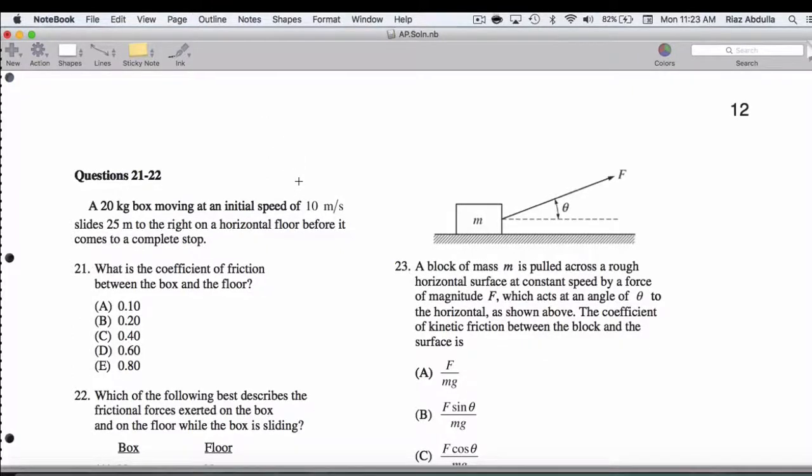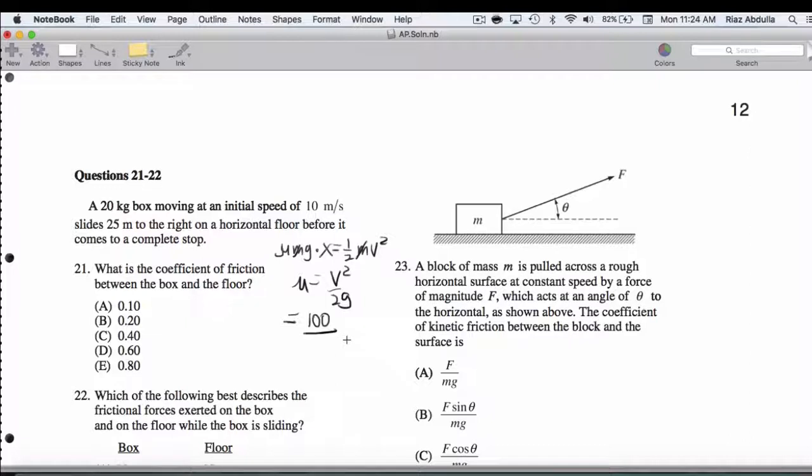All right, we got a box sliding across the floor and it stops. Everything's horizontal, so what that means is that the friction force is going to be mu mg, and there's work done by it to slow it down through a distance x. And the effect is that the kinetic energy gets wiped out. So the m's cancel, and I'm going to be able to say that mu equals v squared over 2g, and that's going to be